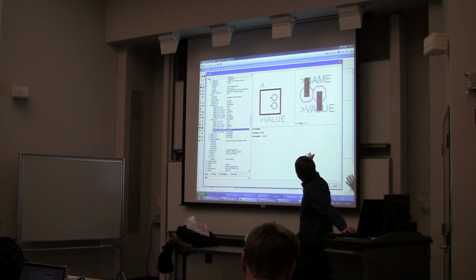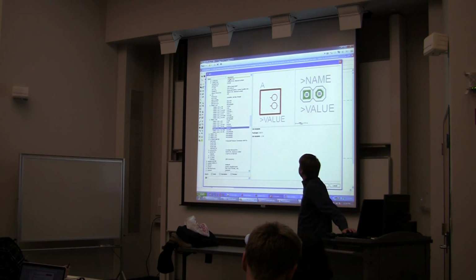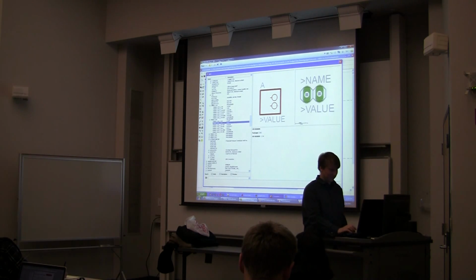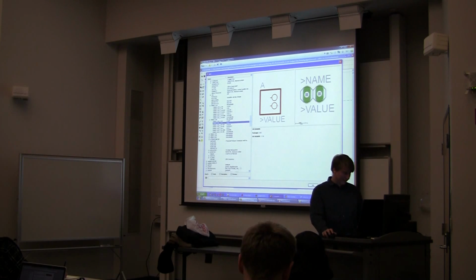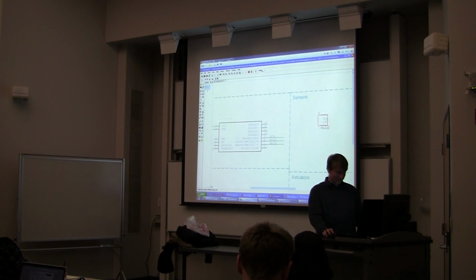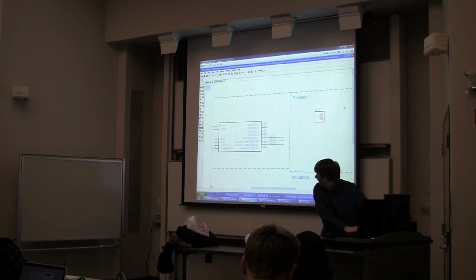I've got some surface mount ones. I have 90-degree angle surface mount ones. So of all of these, if I was going to stick something on my board that would have my little thermistor go through it, I probably just want this regular boring 2-pin one. So that's what I'm going to use. I'm going to stick it in my sensors. All right, so they call it JP1. I don't like that, so what I'm going to do is name it